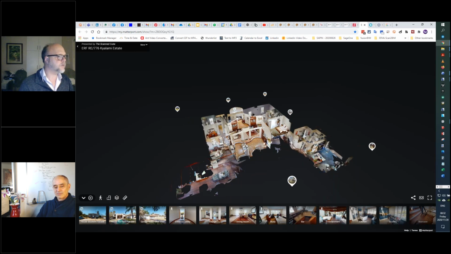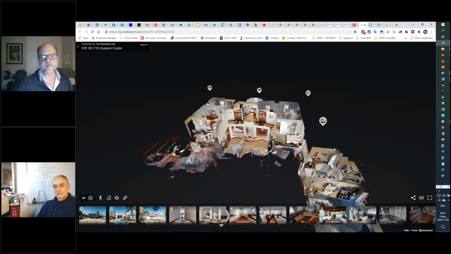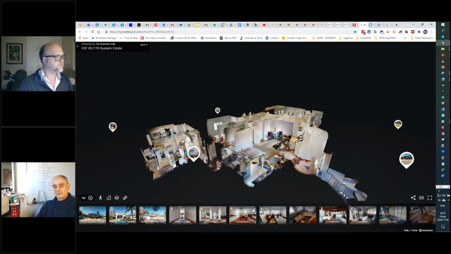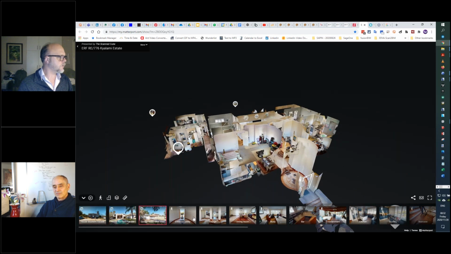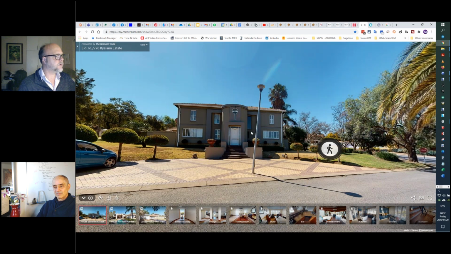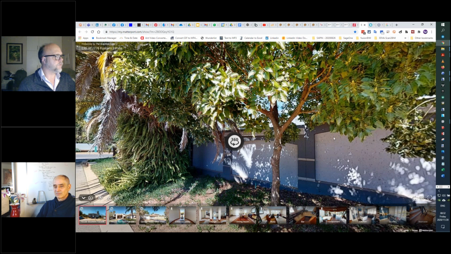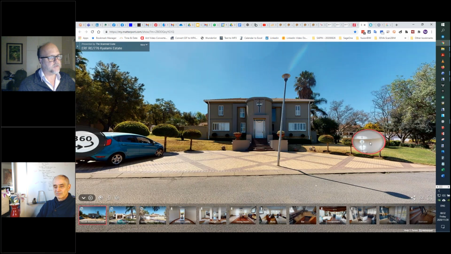And what you see here is what we call the dollhouse view, and it's self-explanatory by name. Just view the model from inside or outside. You've got a photo gallery that we save when we process, and here you can see full panoramic views. You've got 360 views, which is just a stationary view, or you've got the live tour views indicated by the little guy. We'll just go into the house,